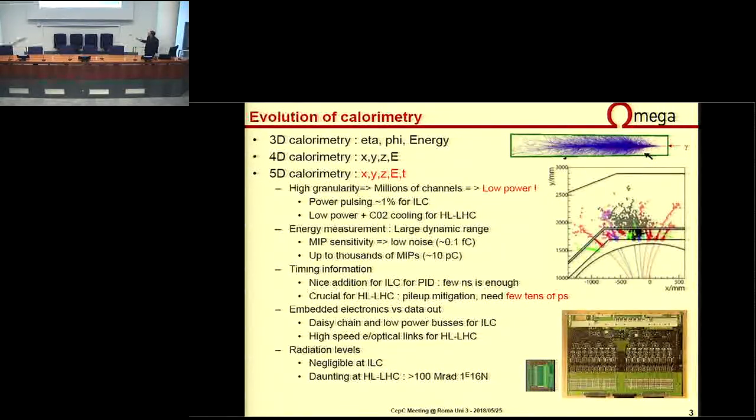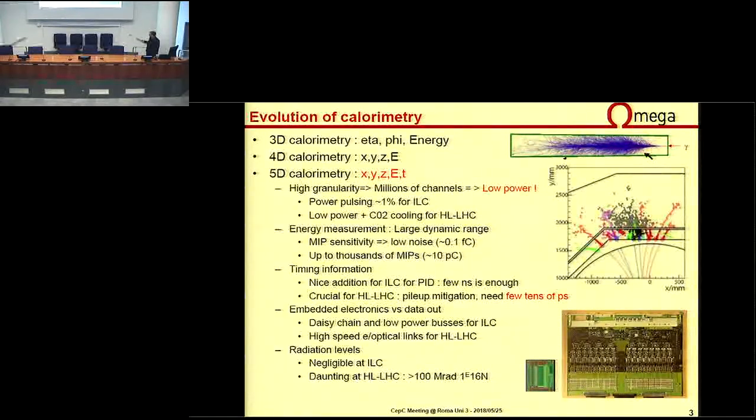For example, for the ILC, we can use the power pulsing technique, which is not the case for the CMS HGCal. For the high luminosity calorimeters foreseen at CERN, we will have to use low power electronics and some cooling system in order to have a reasonable